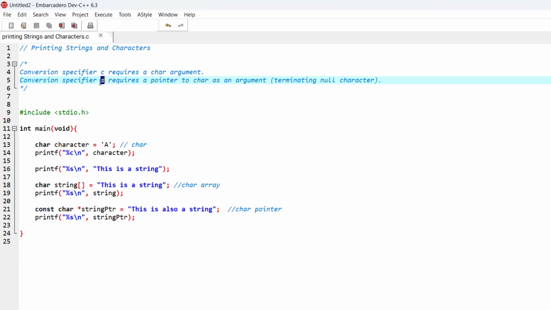The conversion specifier %s, when it's trying to print a string, will always need a terminating null character at the end of the string. Otherwise, if the terminating null character does not exist at the end of the string, it may lead to errors or segmentation faults or some other types of errors. So let's go and see a few examples in this program so you can understand how to use these two